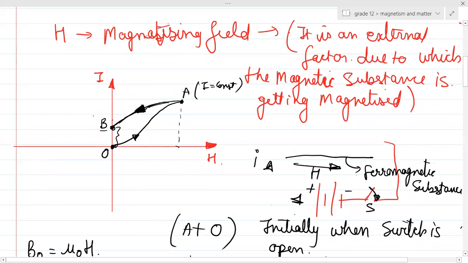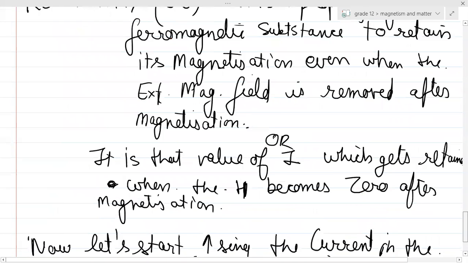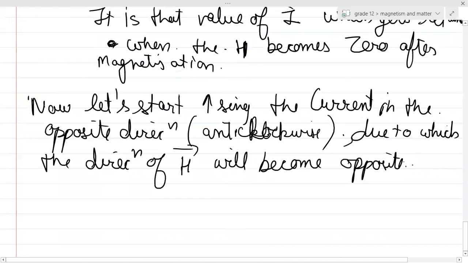When I increase the value of H, earlier a little bit of magnetization was retained. So if I keep on giving this bribe, saying I'll keep on increasing in the negative direction, can you see it reaches a point C? From B to C, even certain rigid dipoles start to break, and they start getting aligned in the opposite direction, right? So the direction of H will become opposite. At a certain point C,